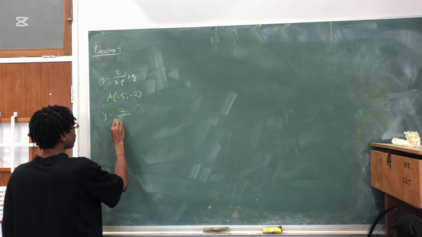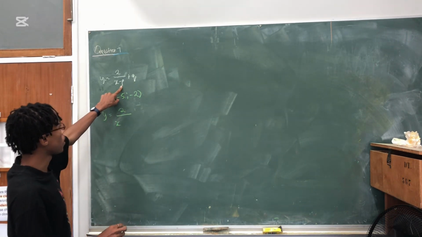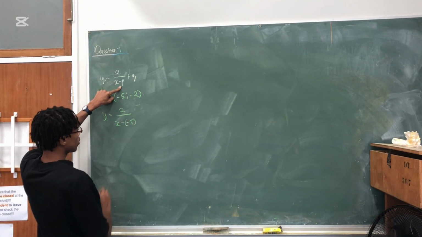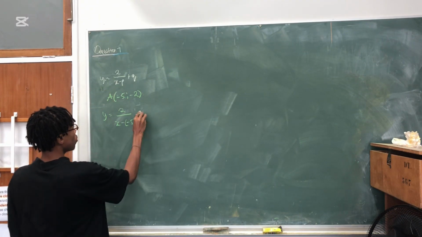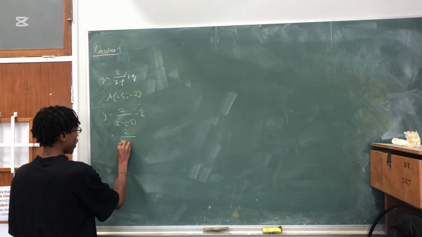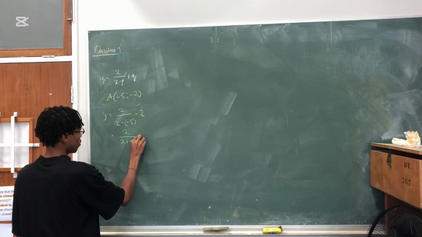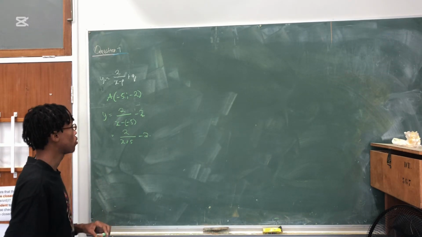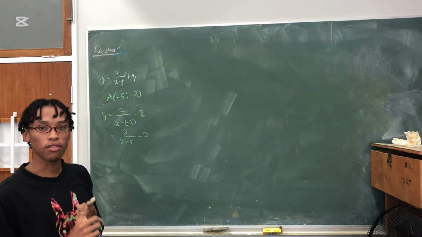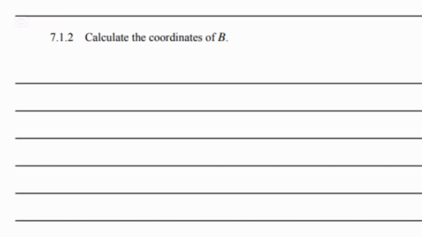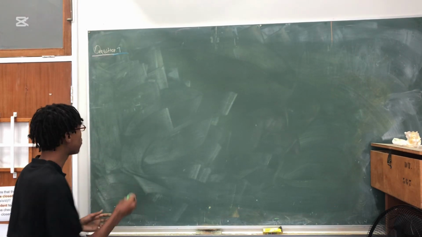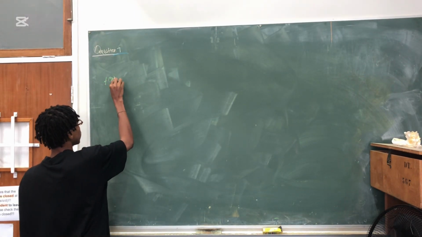2 over x. For p, negative p, we're going to change it to -5 here. Then for q, -2. So we have 2 over x plus 5 minus 2. For p and q, we use the coordinates of the intersection of the asymptotes. Now that we've determined the equation of our f of x function,